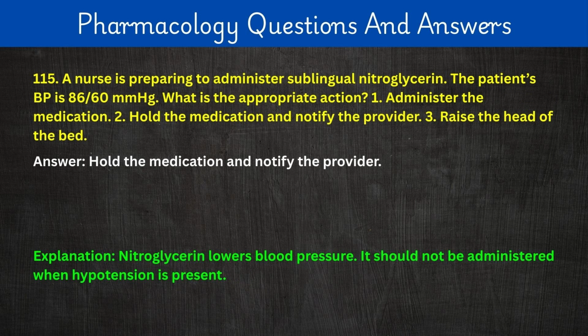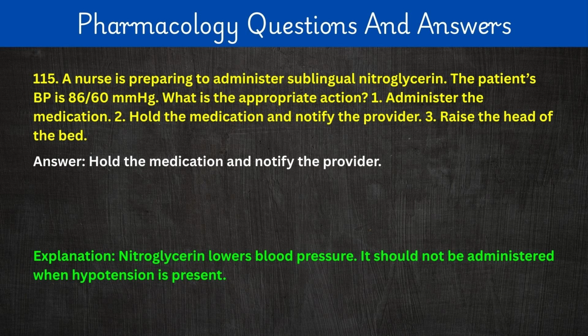115. A nurse is preparing to administer sublingual nitroglycerin. The patient's BP is 86/60 millimeters of mercury. What is the appropriate action? 1. Administer the medication. 2. Hold the medication and notify the provider. 3. Raise the head of the bed. Answer: hold the medication and notify the provider. Explanation: